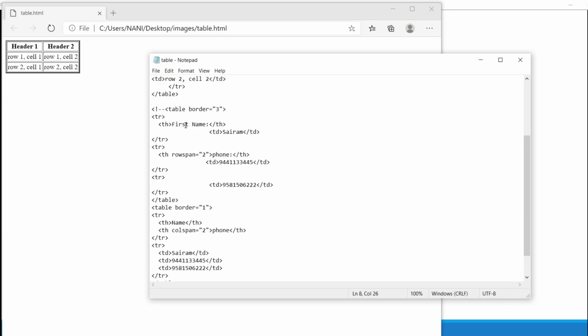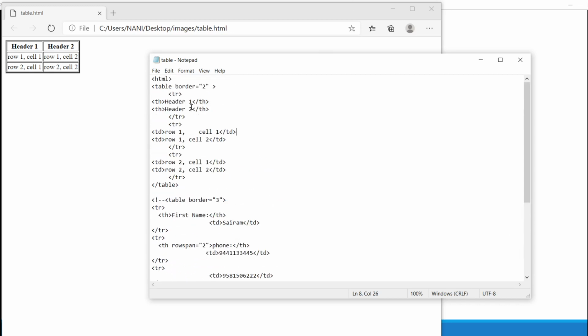We have seen row span and col span. For that we are going to see this example. For comment lines we use this. And this is the next program for row span.